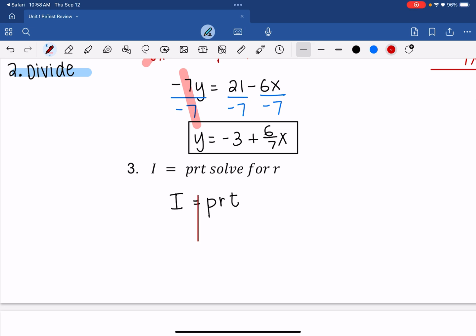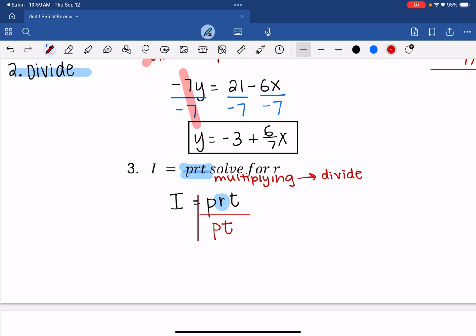So in order to solve for a variable, when you have nothing but other variables, you have to understand that there is still math going on. All 3 of these are multiplying to each other. So how do I undo multiplication? That means I need to divide. So I can divide off anything I do not want. If I want to solve for R, then I don't want the P